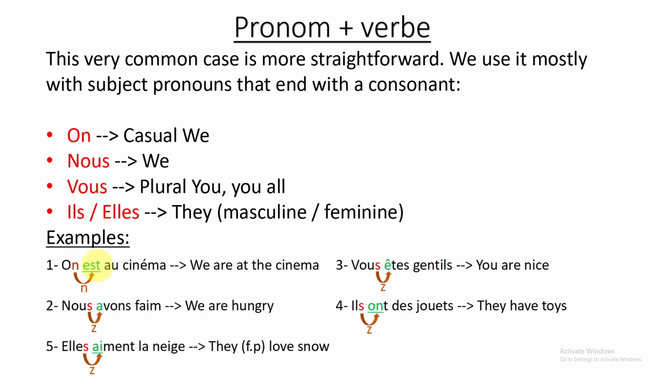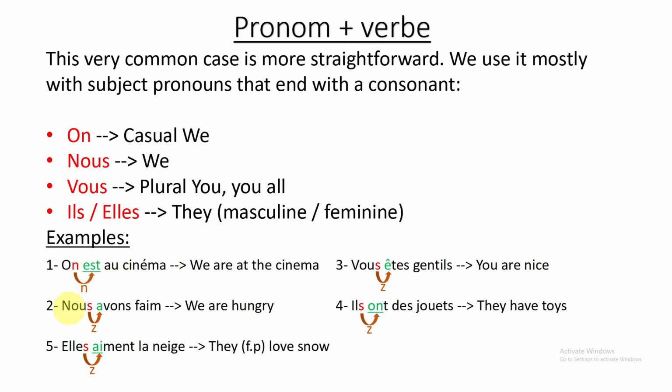Okay, so in the class of the liaison, we see that there should be no pause between the first word and the second word. So if you do have some problem with the liaison rule, please check on the top right corner of your screen. You will see a link to go and watch that video. So let's read it again. On est au cinéma. On est au cinéma.